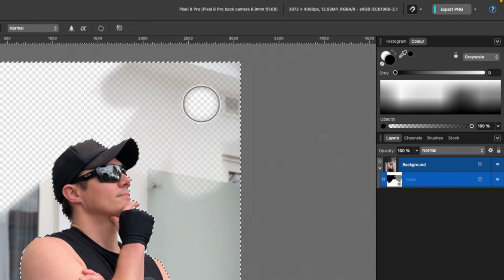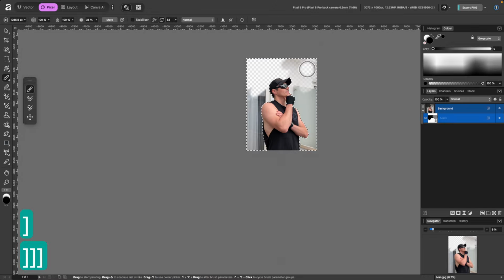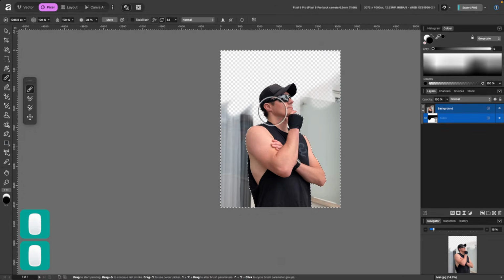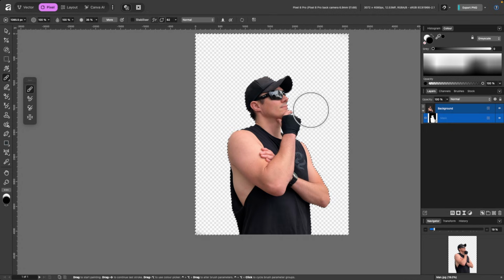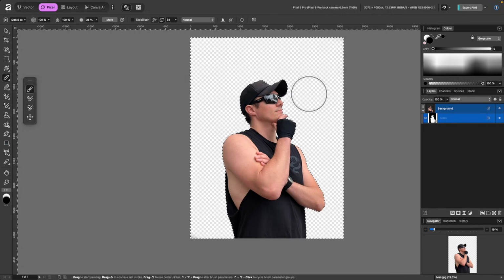So I'll drag it back to black, I'll make the brush bigger, and I'll just try to erase everything in the background. You see, I don't have to worry too much. It's all non-destructive and it's not affecting the man because we've inverted that pixel selection. To deselect those marching ants, just press Command D. And right now, everything looks kind of okay, doesn't it? But what if we try to look at it with a black background, see if we've missed anything?